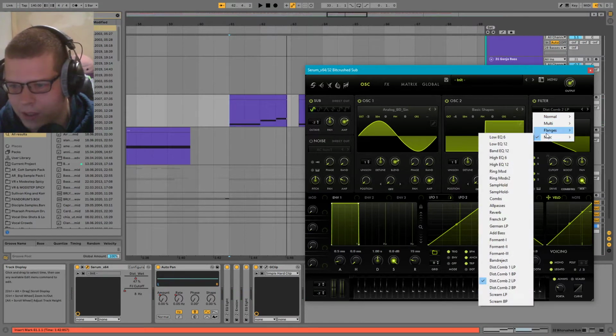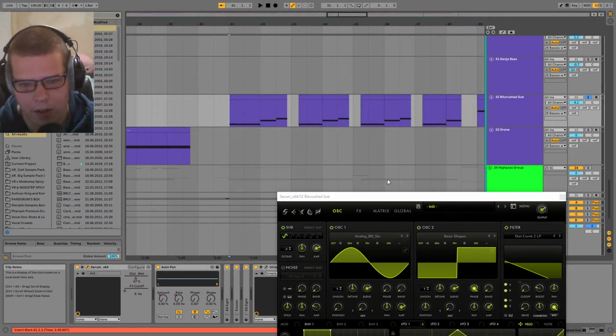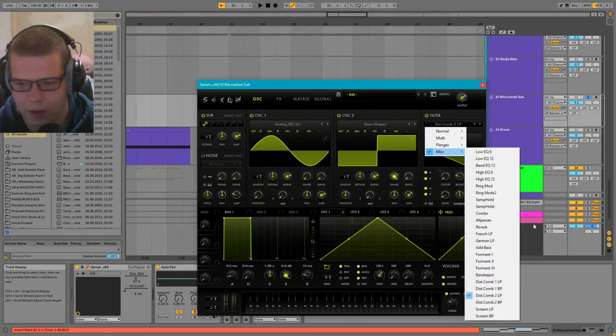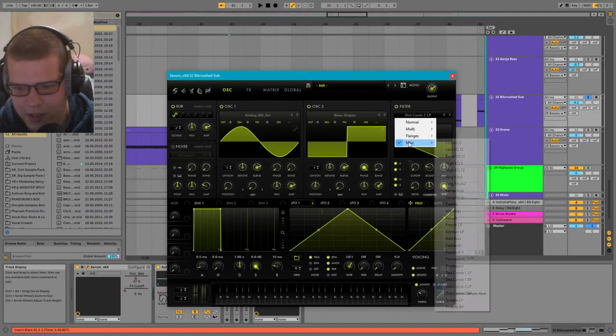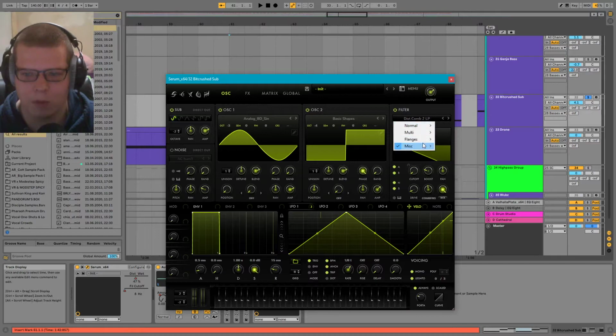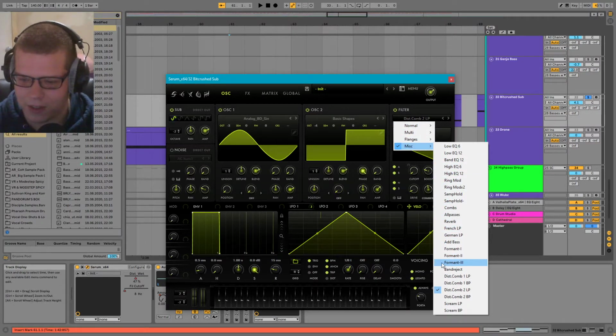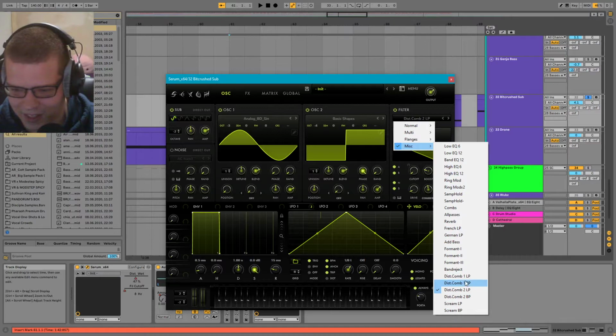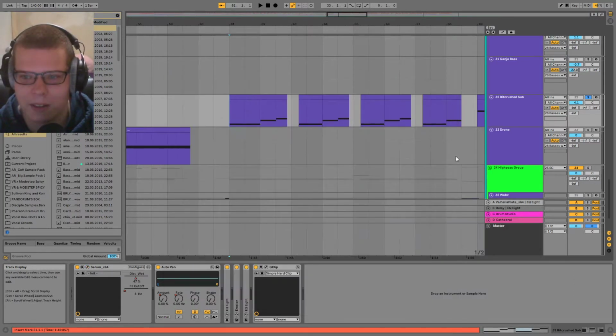But then I've got this Serum filter, Disc Comb 2 LP. I love the new filters that the developer has added. Everything after band reject is great. Not that there's anything wrong with combs and, I don't know, reverb. Okay, well reverb can suck. But yeah, not that there's anything wrong with those filters, but I really love distortion, so everything that he added recently has been right up my alley.